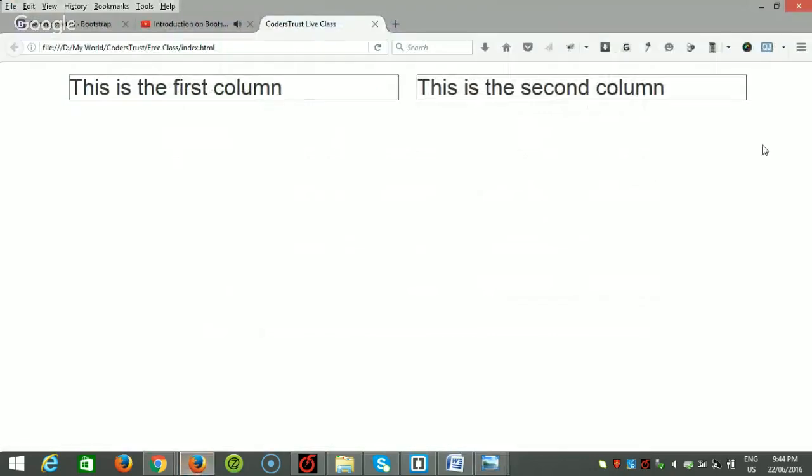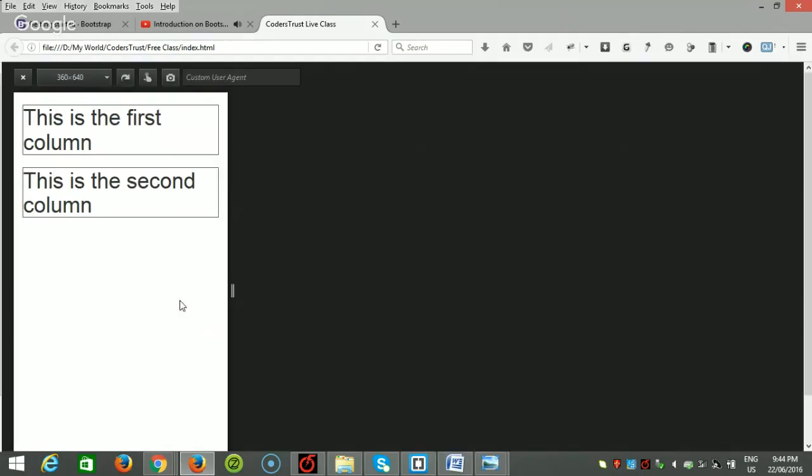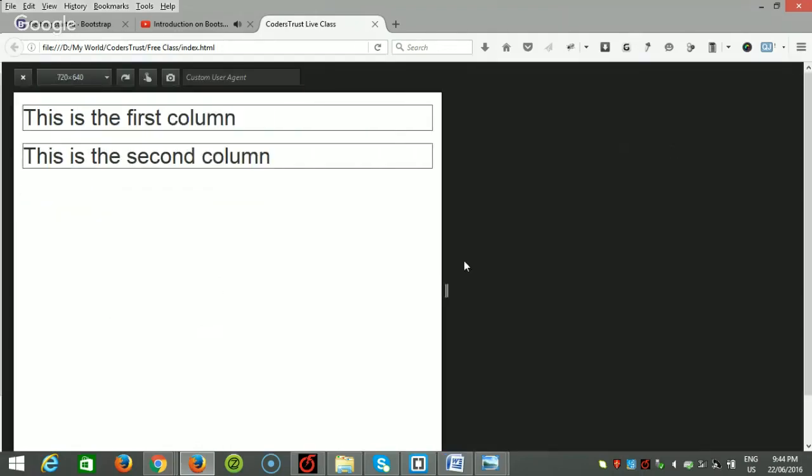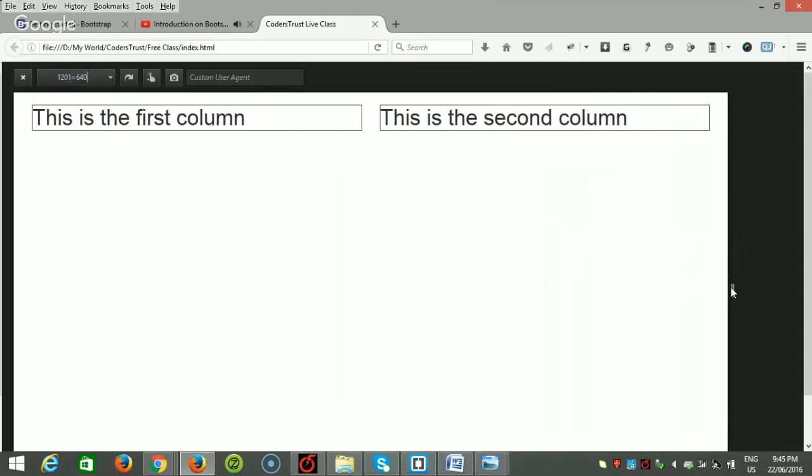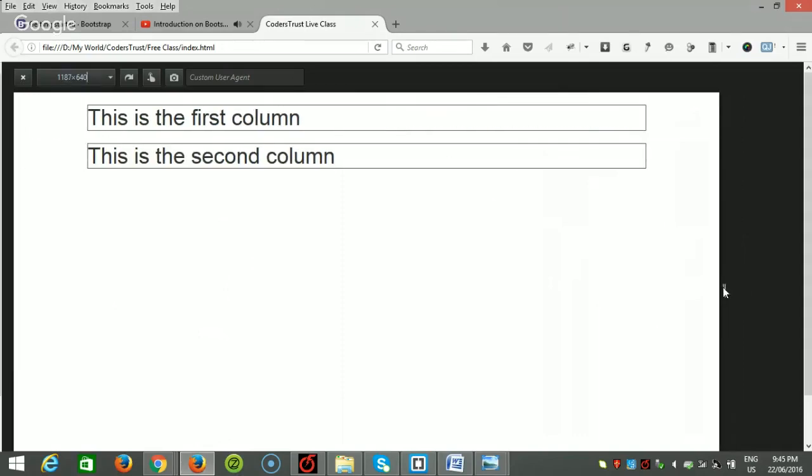So let's test it actually. I'm just going to check the mobile mode and go to here. So you can see now it is 1216, so it is now LG. So the column system is working here, but when I make it less than 1200 pixels, you can see